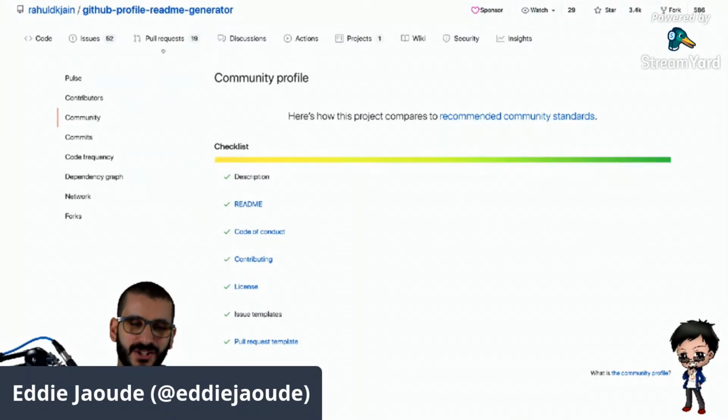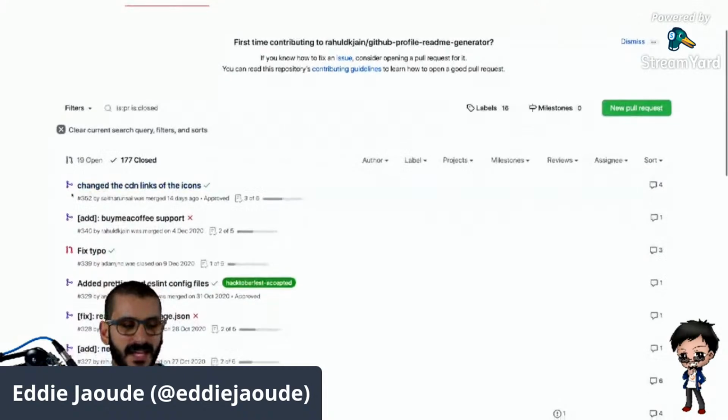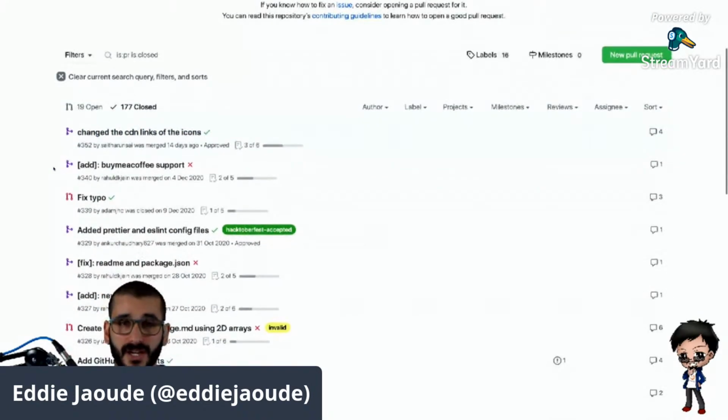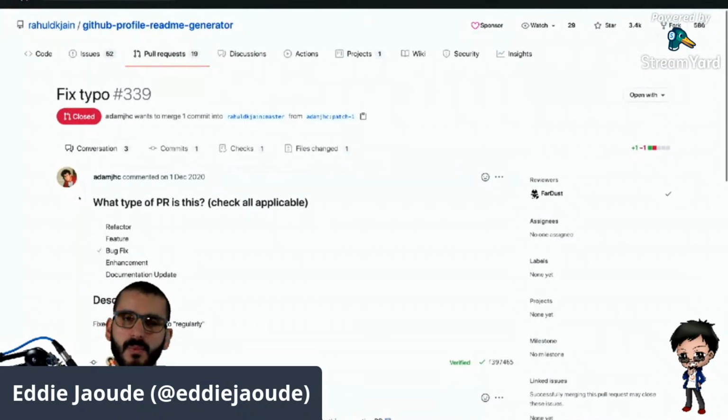The other gem that I want to give you is go to the pull requests. Go to the closed pull requests. And then you'll see these purple ones are actually merged and the red ones are closed. So go to the closed ones and have a look. Closed pull requests are fine, but find out why they were closed. Were they closed by the project maintainer without a comment? Was it not inclusive? Or was the project maintainer saying this is not really a feature I want, but thank you so much. Please look at this issue. It might be something you'd be interested in contributing to.